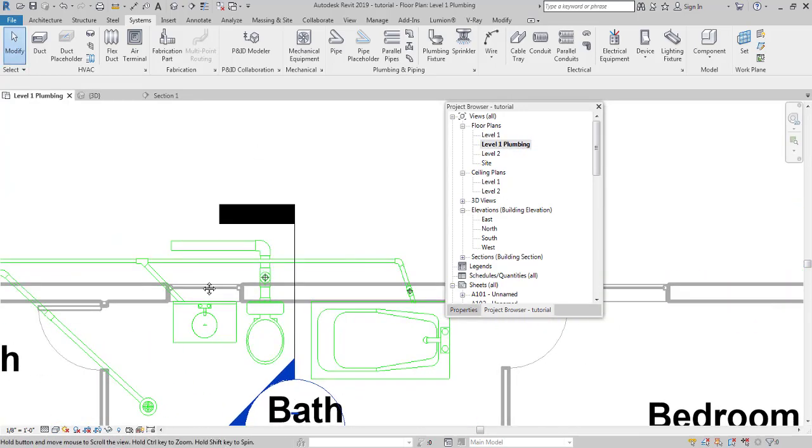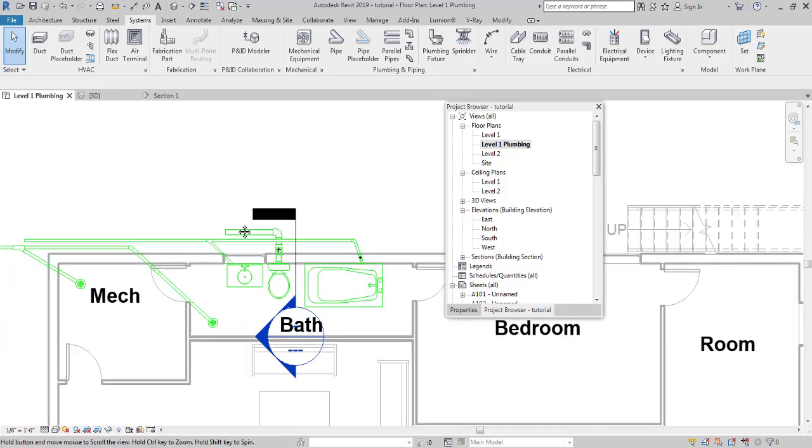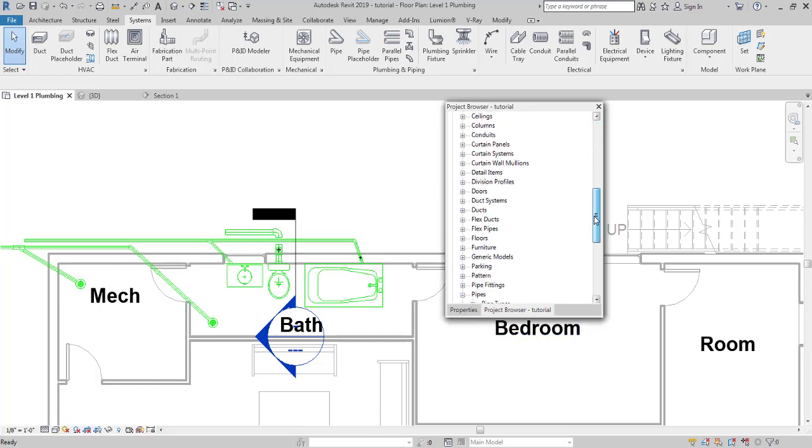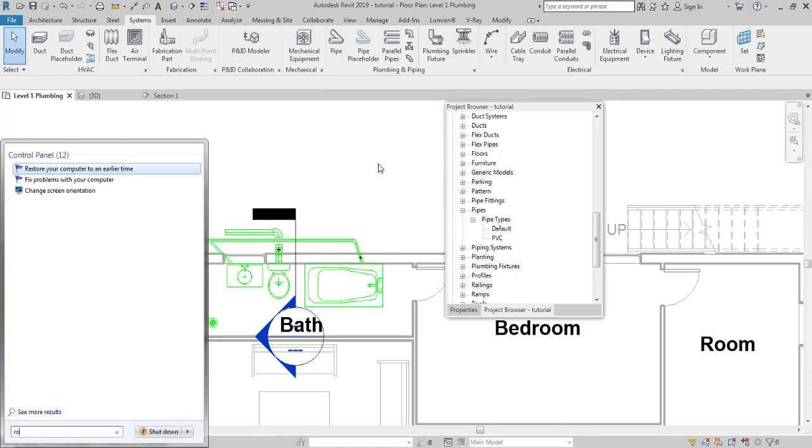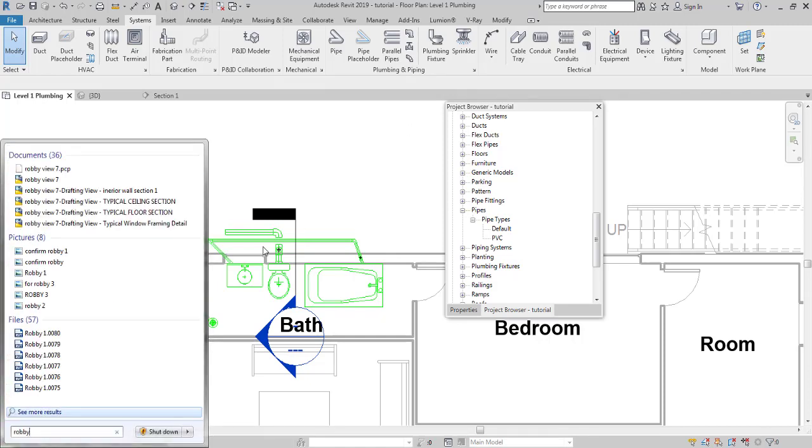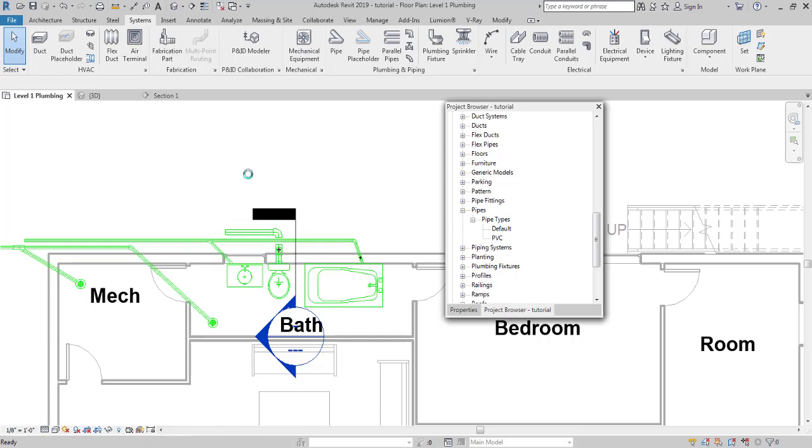Now that we've added a few risers, we have added the sanitary pipes, I'd like to get on to the domestic cold water and hot water. Now, as I told you guys earlier, we have to create a domestic cold water and hot water pipe type. We can do the same that we did for the PVC pipe, but it will become a bit redundant, so I will give you guys a very neat and handy shortcut. Now, what is that? Okay, I'm going to open up a project that I did for a freelance client of mine, and this will really speed up the process. So let's just hope it opens up.